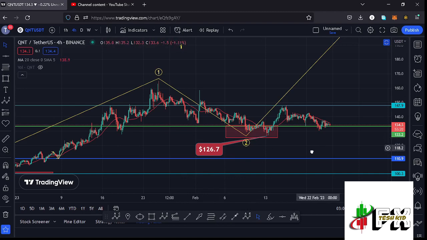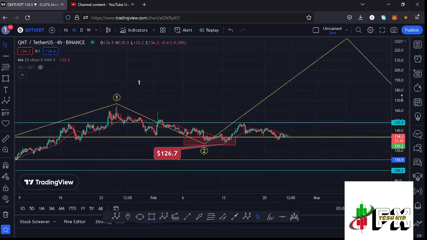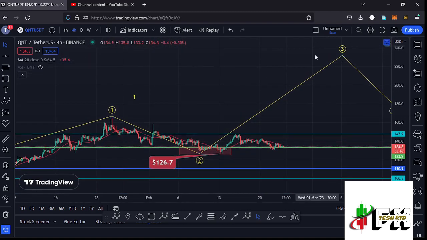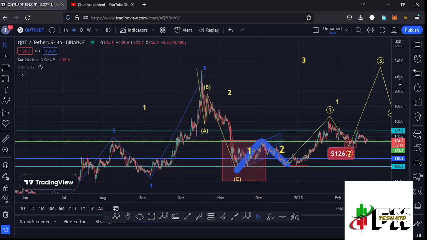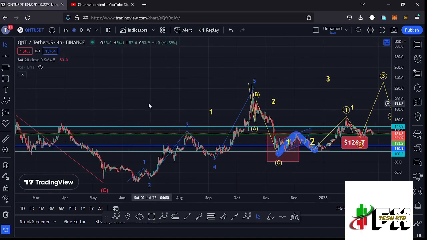And I now believe that whatever we are seeing at the moment is the start of this massive bounce to the upside in the formation of these higher Elliot wave count 3 to the upside. And before I get further into the technical analysis and also give you the short-term scenarios that I'm expecting to play out,